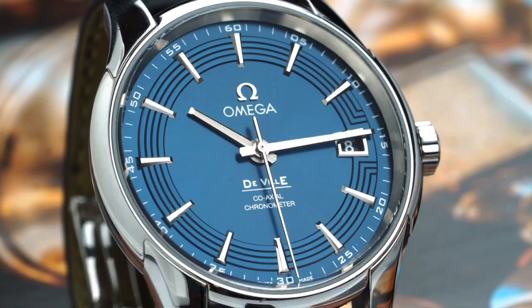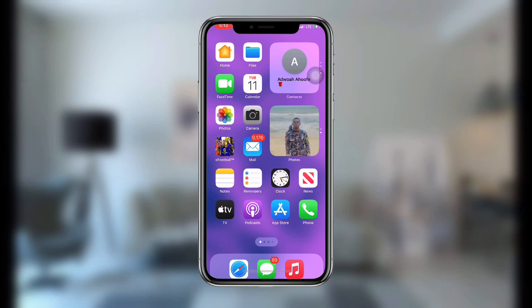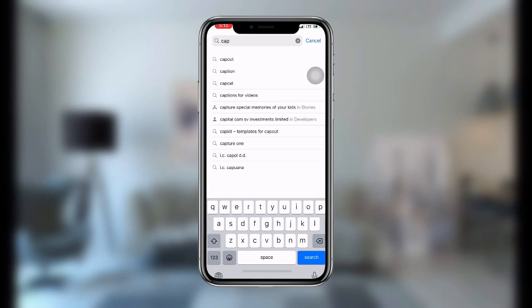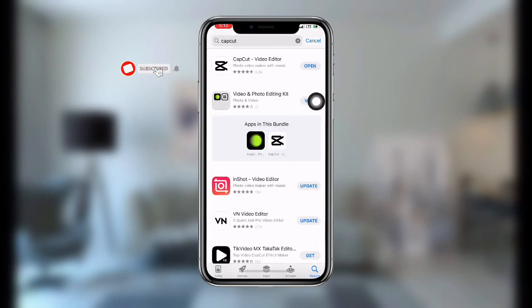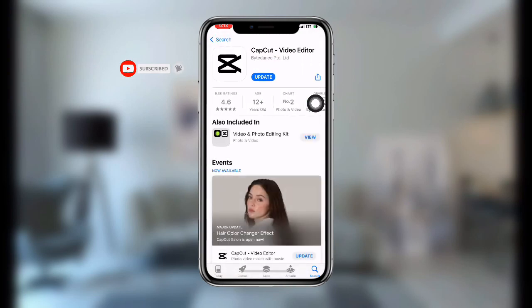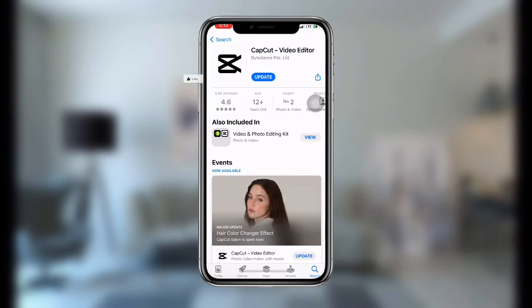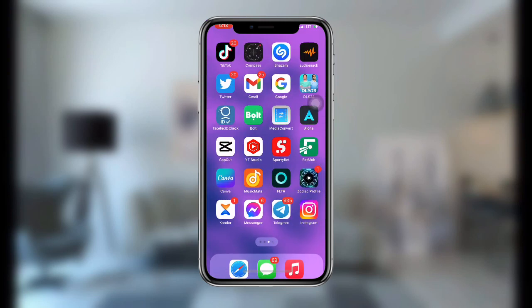Now without wasting much time, let's get started. In the first place, all you need to do is to open your App Store or your Play Store and then search for CapCut. You need to update your CapCut to the latest version. So if you're using the old version of CapCut, update it and then use the latest version of the CapCut application. Now once you have updated your CapCut application, all you need to do is to open your CapCut